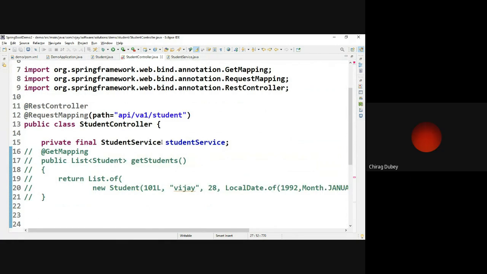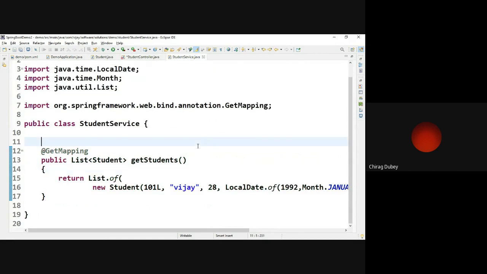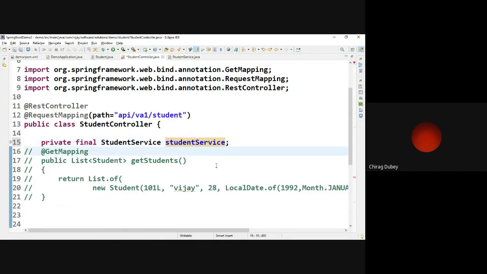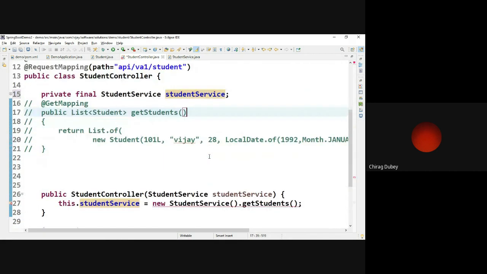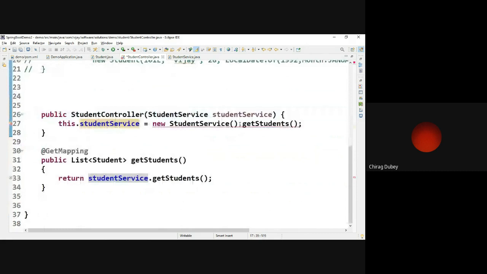Sorry, student service, and student service is a reference over there. So that previous one which you have just shown, that function. Yeah, this one, student service and then student service. So that student service is a reference or object.